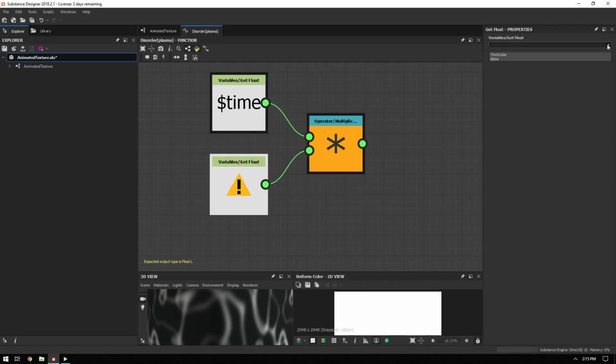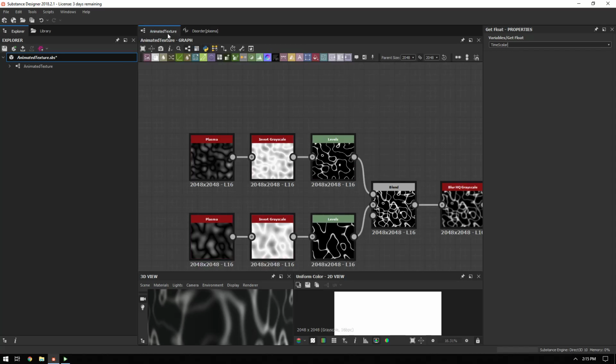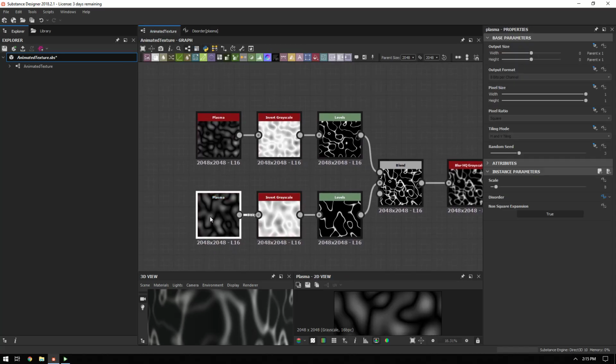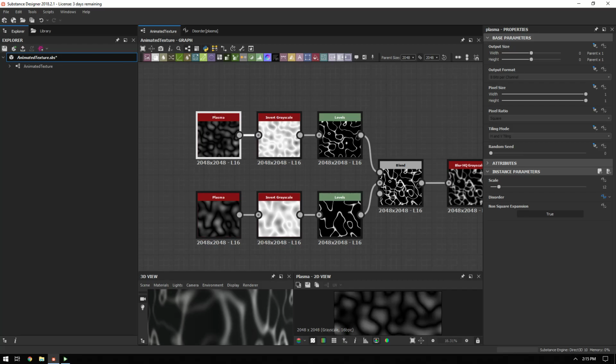So I'm going to go into the drop down here, and you can see now in addition to our time that was here originally, we now have the time scalar. So now we're multiplying time by this time scalar. So that's going to give us a really neat effect here. If we do that, and we go into this one,